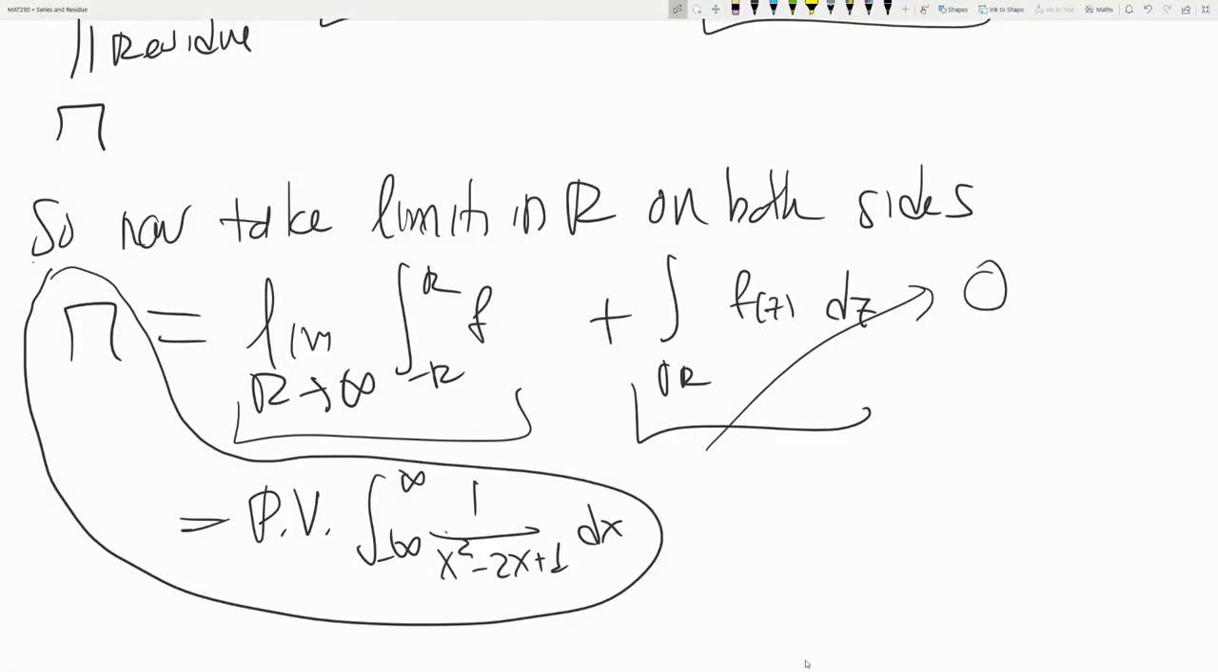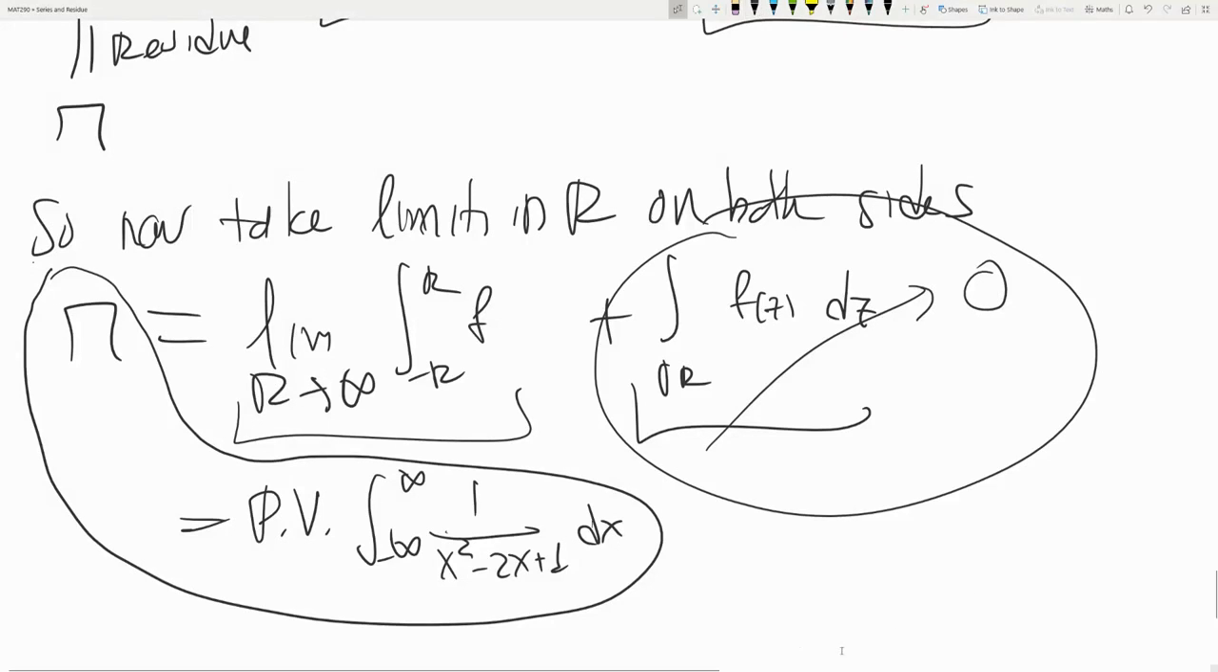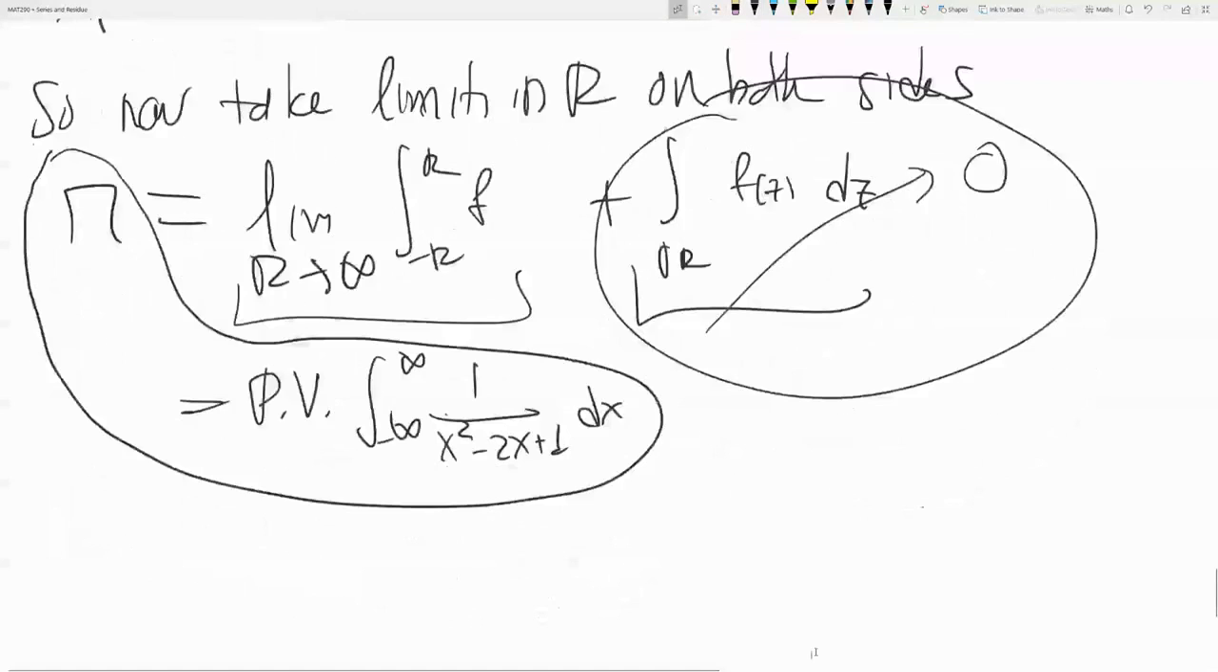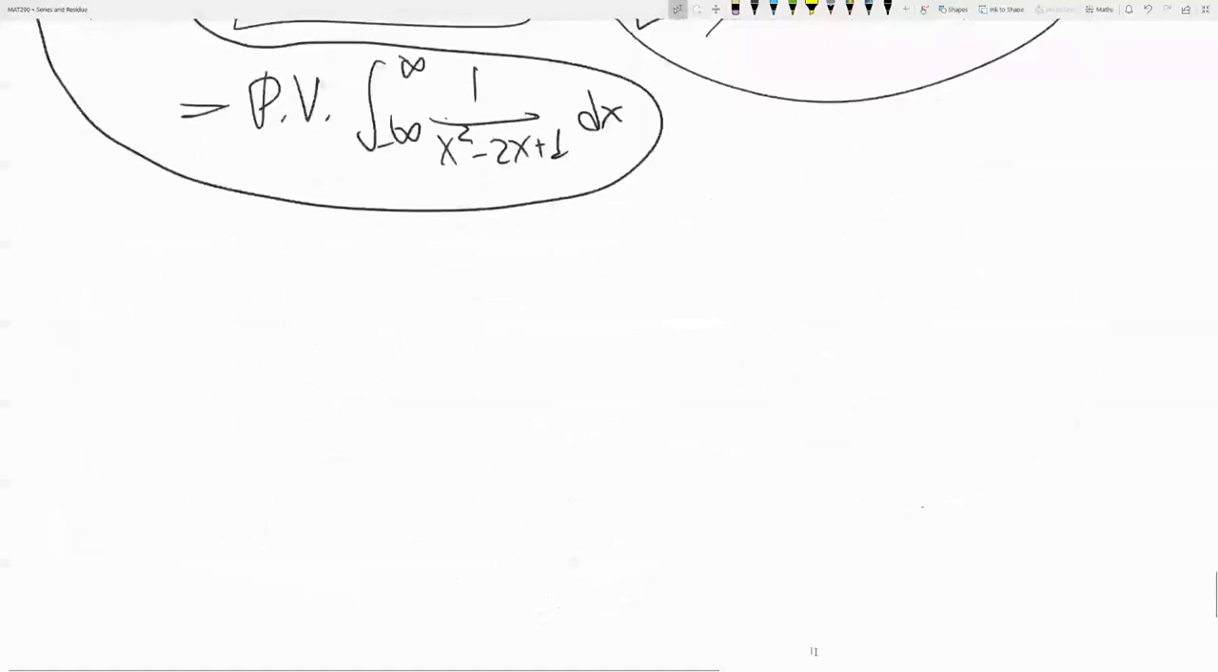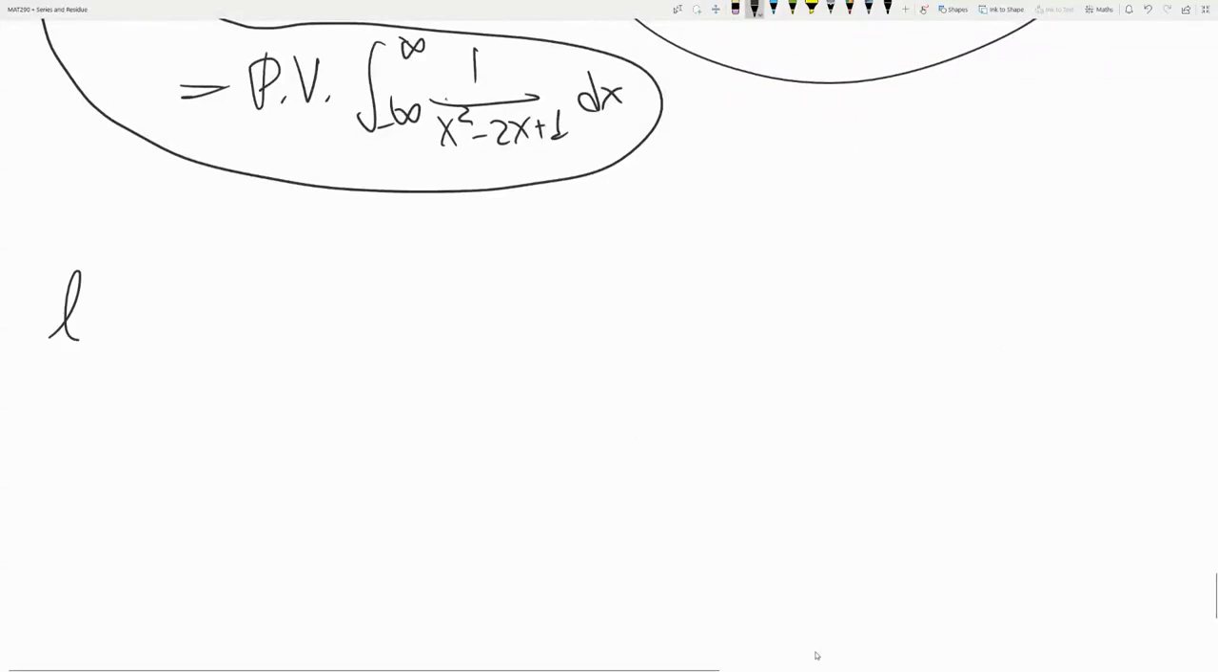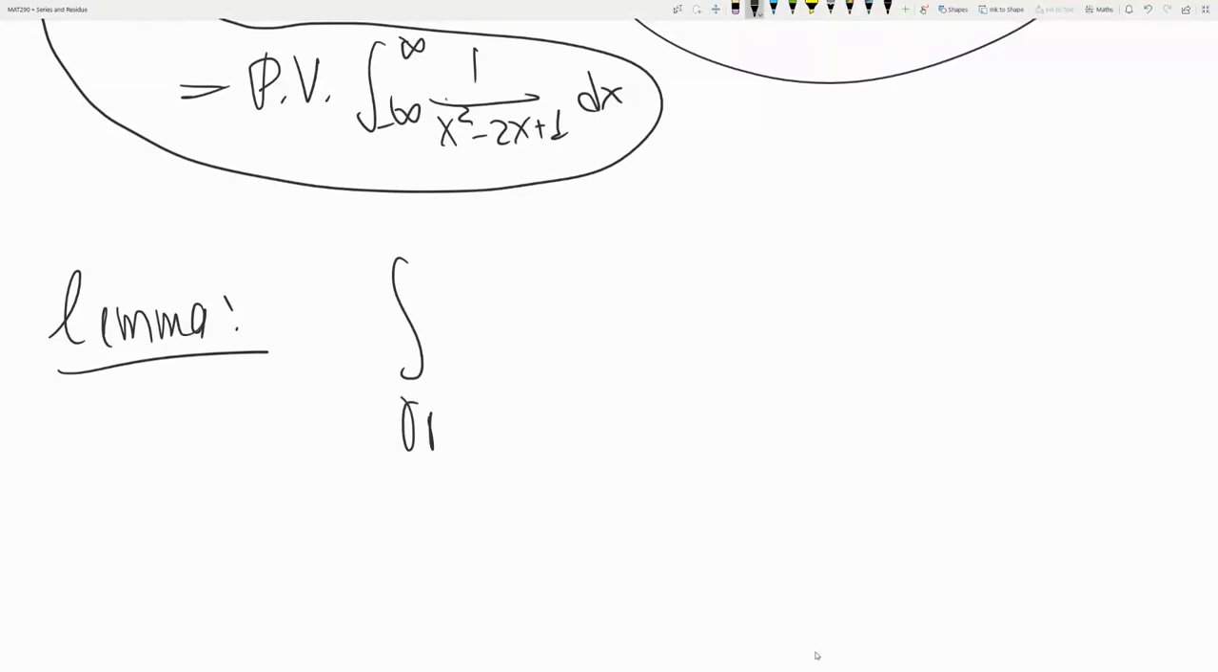So let me give you something to make your life easy for showing this limit. If you like lemma, you can use this. Suppose you have the integral over gamma r of p(z) over q(z) dz,